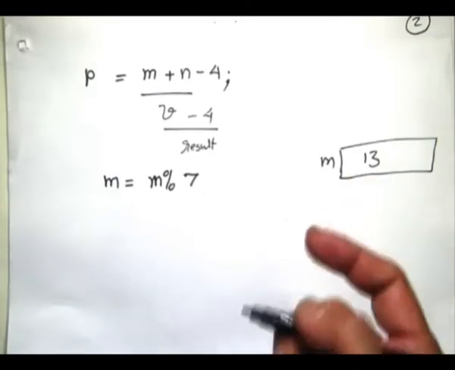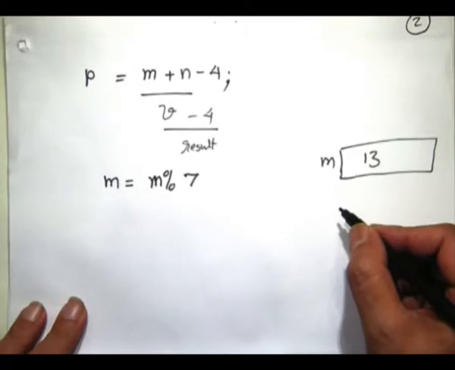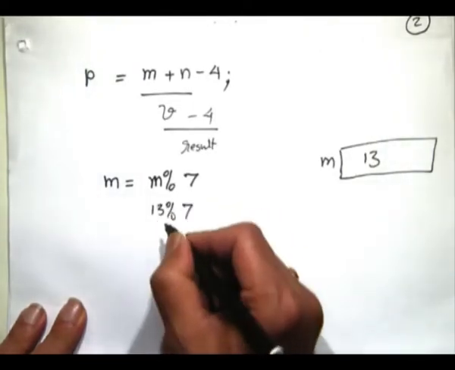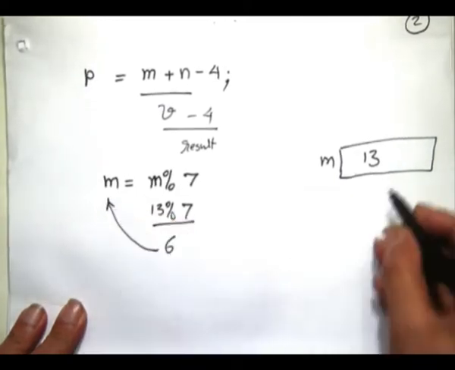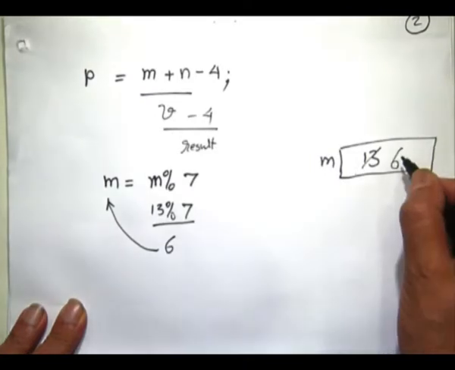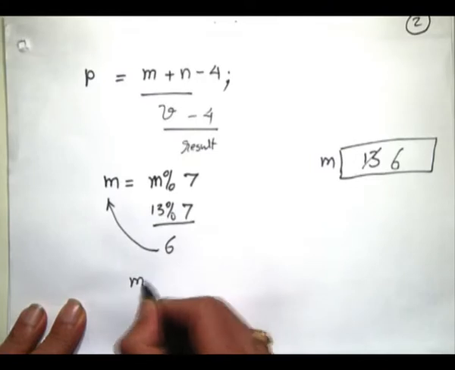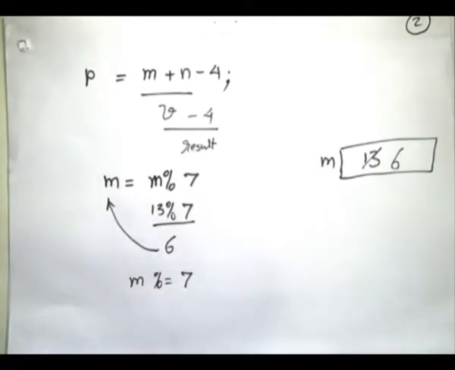So you know what the modulo operation is? If value of m is 13, m modulo 7 will be how much? 13 modulo 7. 7 ones are 7, the result is 6. This result will be assigned to m. So this value 13 will become 6, right? All that this statement says is, I can say m modulo equal to 7. Clearly, the right hand side should turn out to be an integer value. Otherwise, the modulo operation would not make any sense.